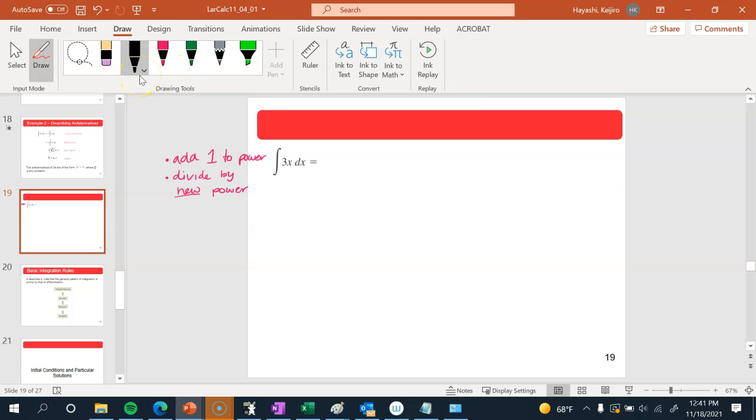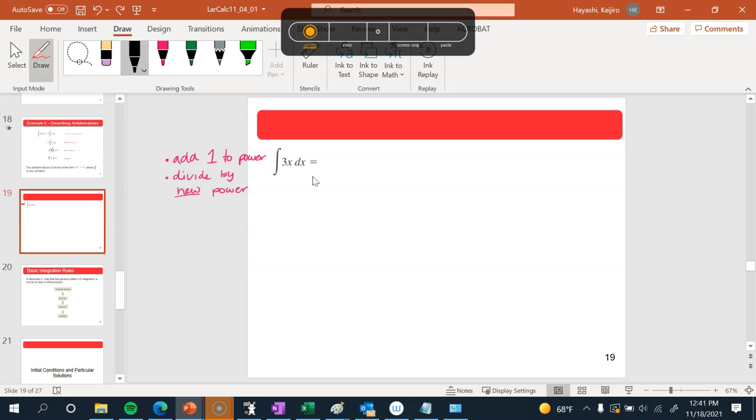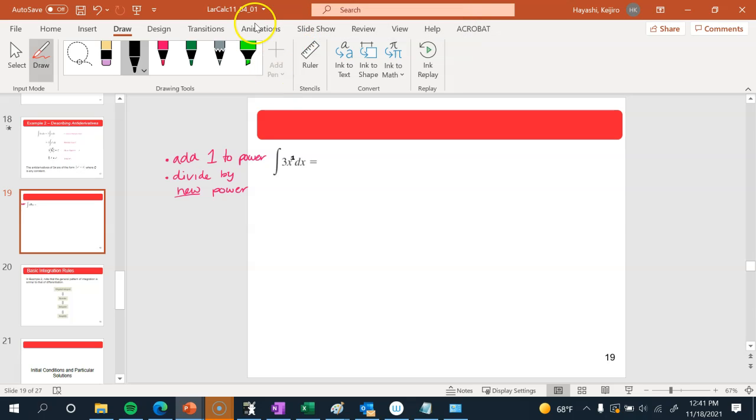Right, that's just the opposite steps to the power rule for differentiation. So this integral, this antiderivative, of 3x should be, oh, by the way, I'm just going to note that this is 3x to the first power. If you have x to the first power,